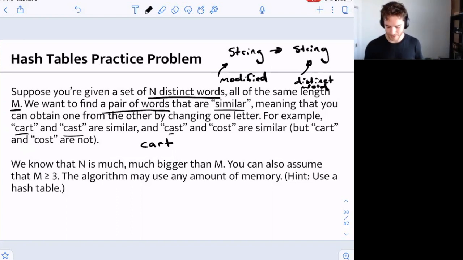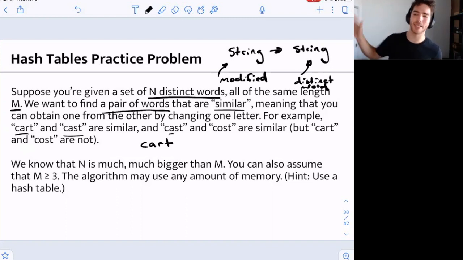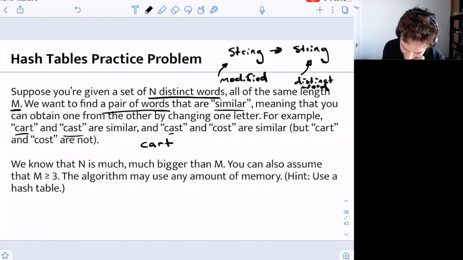And here's kind of the crux of the problem. We don't actually need to save all possible modifications that we can make to a given word. Really, we could simplify it down to saving 4, in this case with cart, 4 different keys that all map to the distinct word cart. So when we're given cart, in our map, we could save something like this, and that would be like, okay,